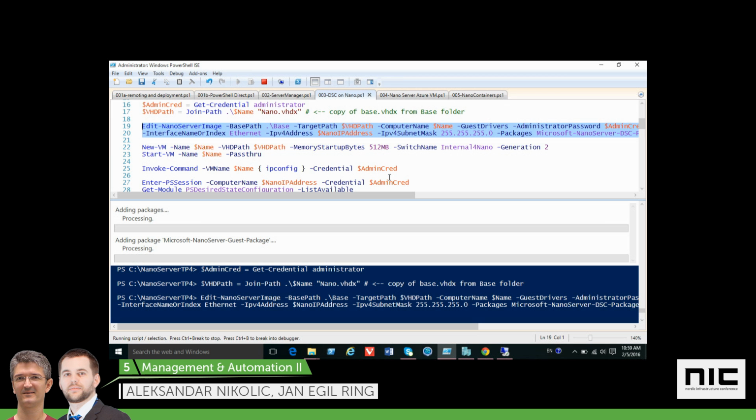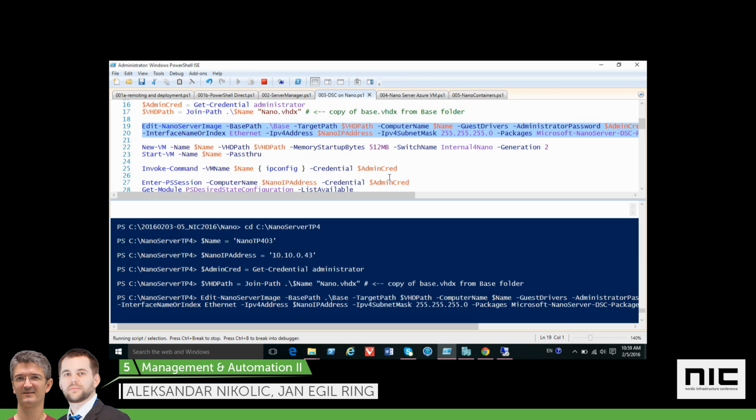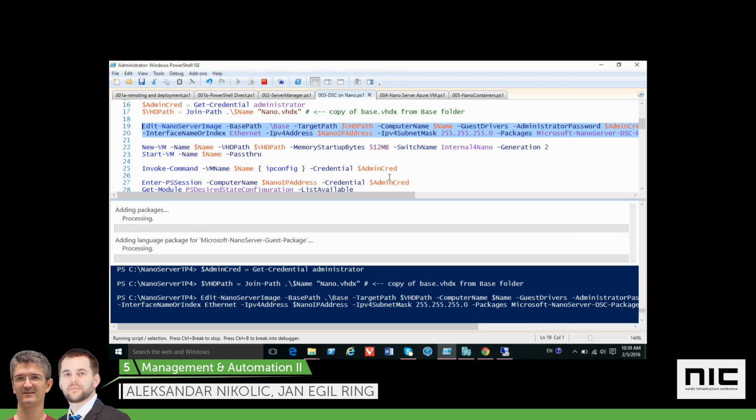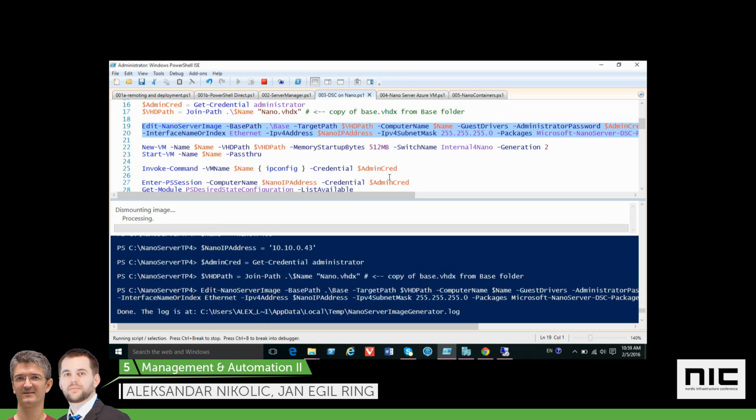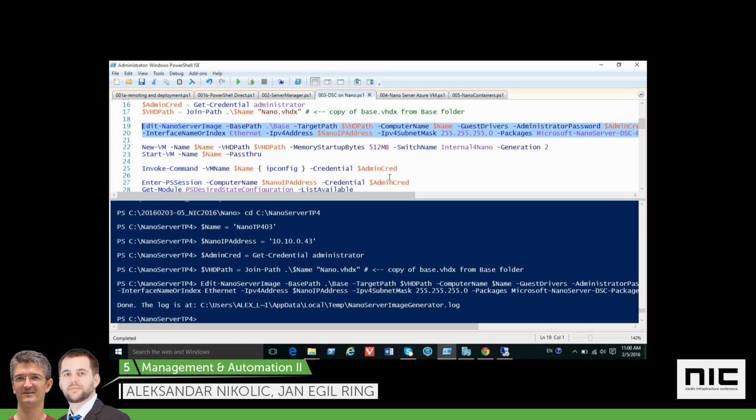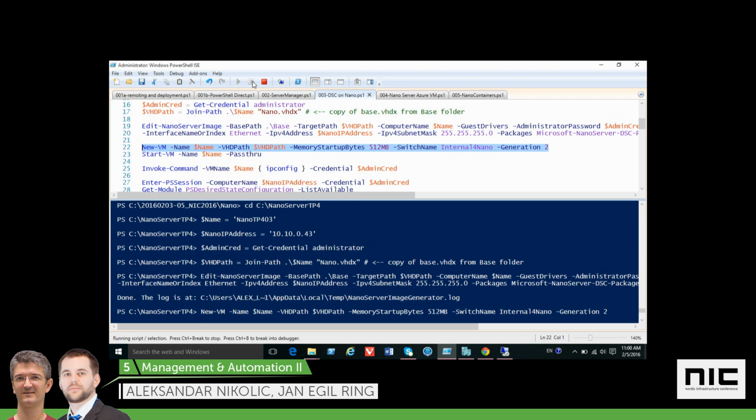While we wait for this, I will just explain that we have access to all DSC resources that are also present on a Windows Server with the desktop experience, but not all of them are in a working state. The reason is that they are dependent on some of the cmdlets that are still not supported on Nano Server, or will not be supported, so they need to rewrite those resources. One of those cmdlets is Get-WmiObject, which is an easy fix. They will switch to CIM cmdlets. But they also have some dependency on Add-Type, and they need to find a way to work around that. So now when I have the image, I can build a generation 2 VM